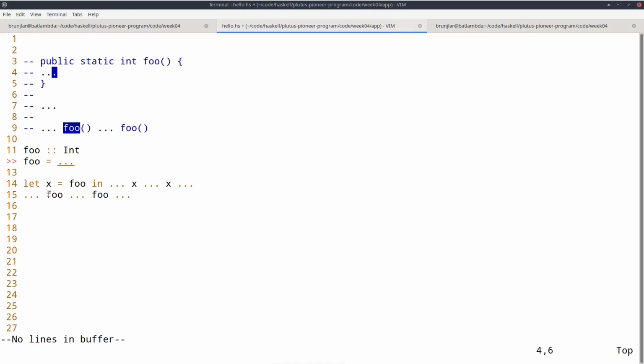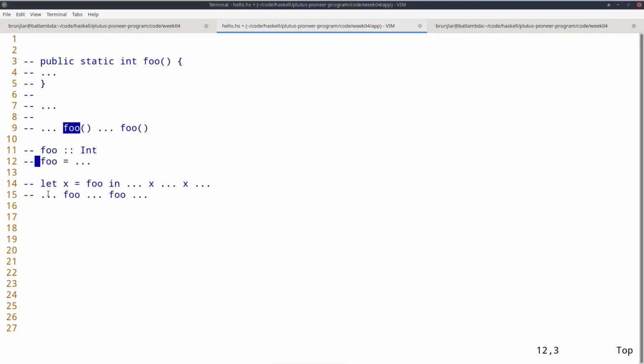And of course Haskell has a way to deal with side effects, and that is the so-called IO type constructor or IO monad. But don't worry about the monad right now. So the equivalent of something like that in Java, in Haskell, would be foo of type not Int but IO Int.